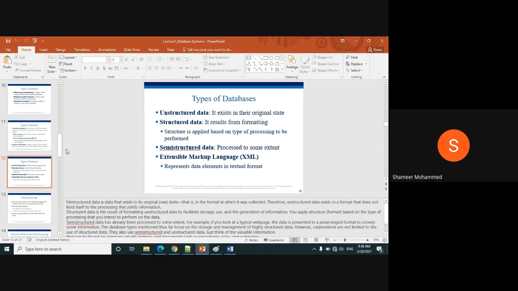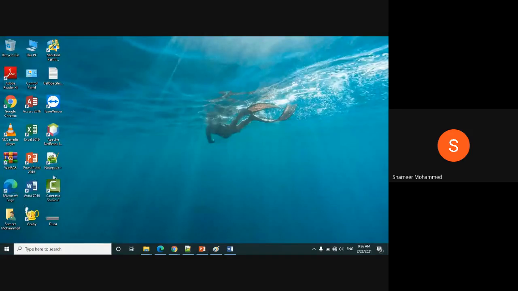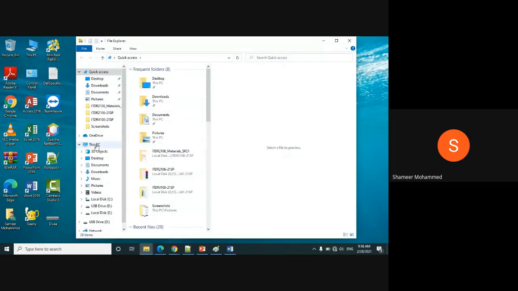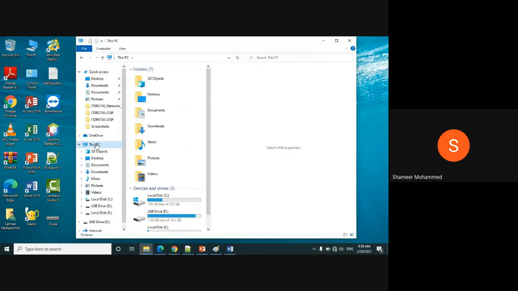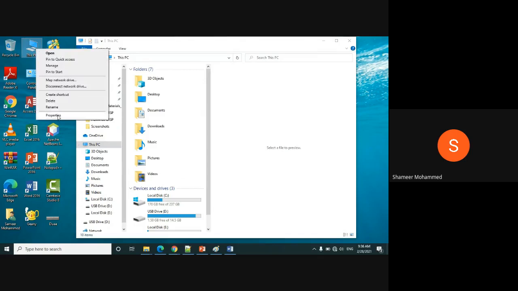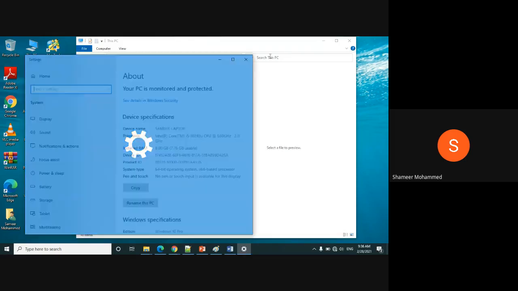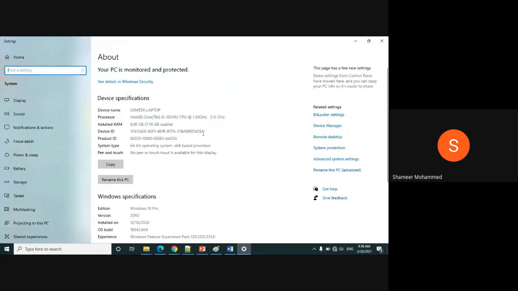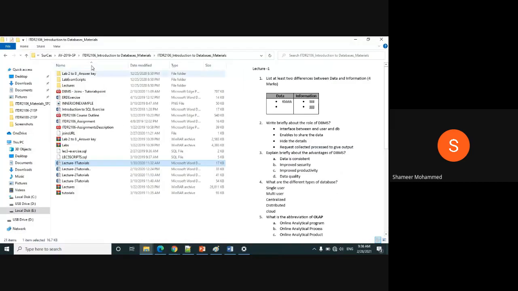First thing you have to do is you should all have your laptops, and make sure your laptop has enough memory and space. It should have a 64-bit operating system, and you need to download the software.